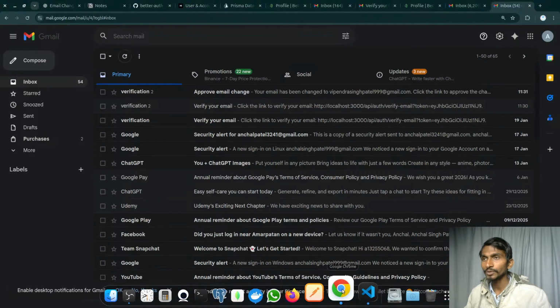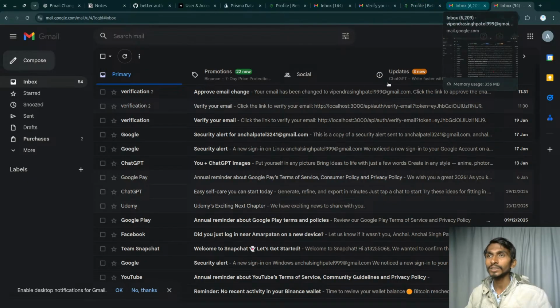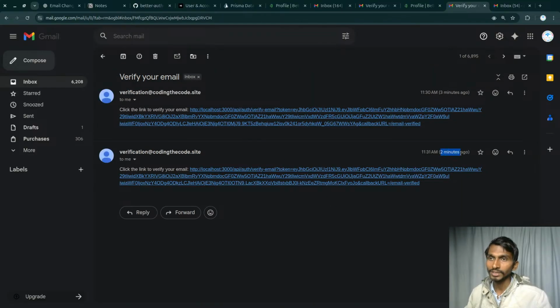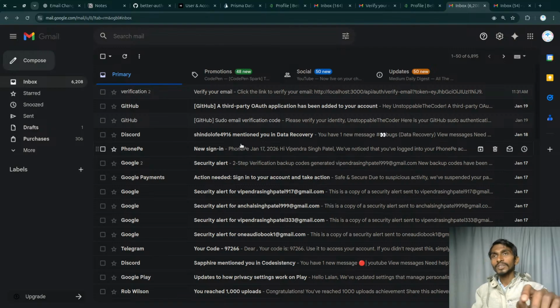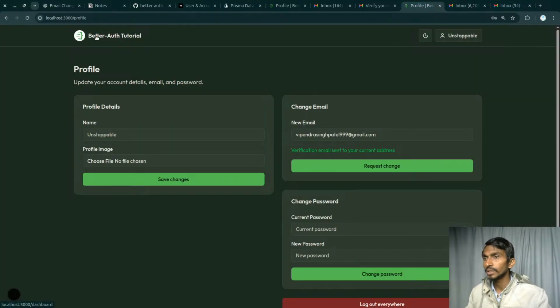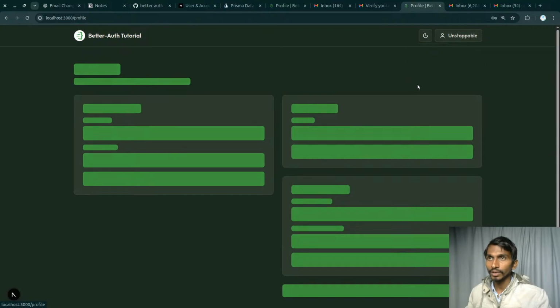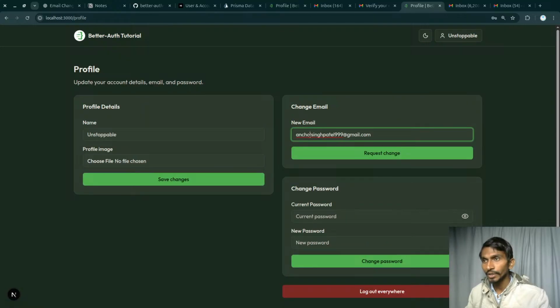So far what has been happening over here is that my email wasn't verified, so the new email, that is this Vipin Singh Patel, has been directly getting the verification email, right? Even this particular email I got two minutes ago. Okay, fine. So this has been directly getting that, but this time as my email is verified, if I check this particular thing right now, Anshul Singh Patel 999, this is verified. As this is verified right now, I can go to my profile and try to change it. Try to change it in the sense of VIPENDR, just like this. And if I send the request this time,